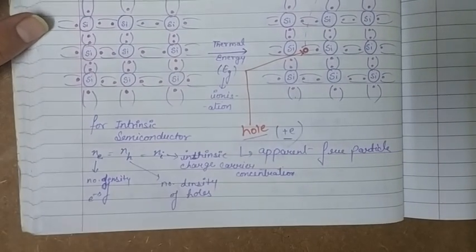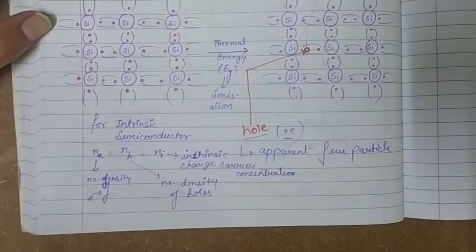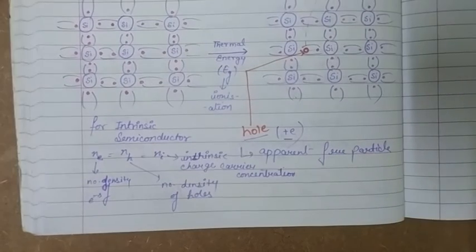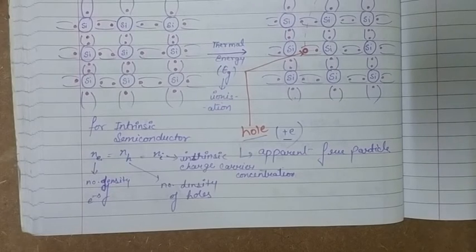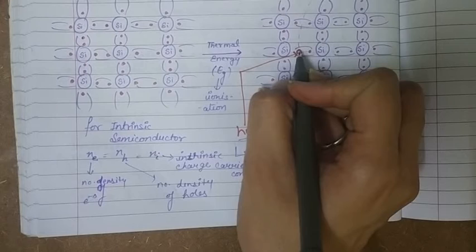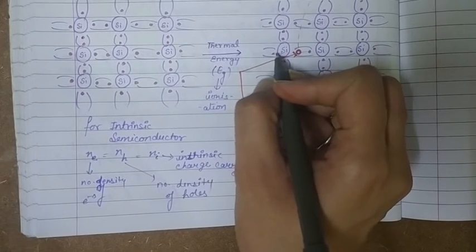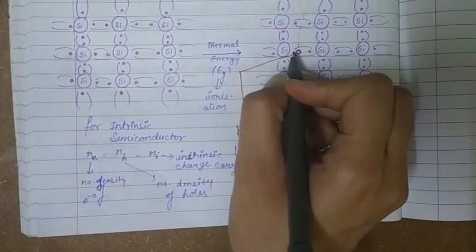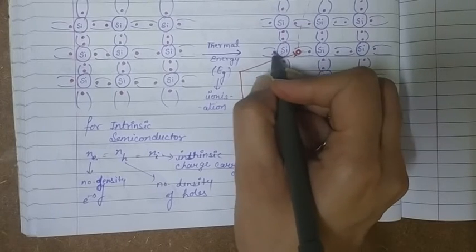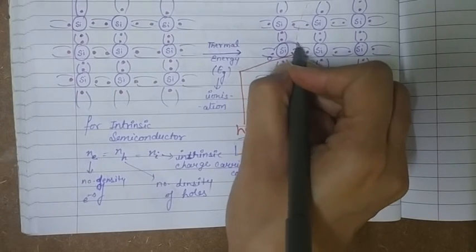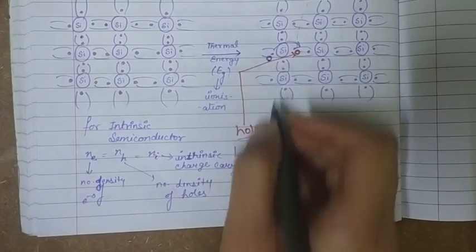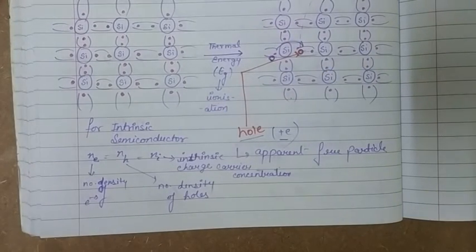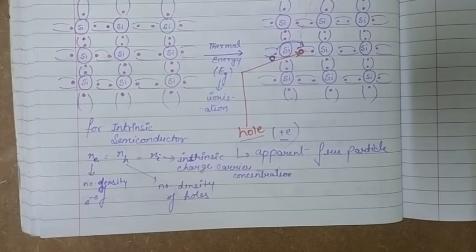Now there is one more point to note. Whenever such a structure is under the action of an applied electric field, then the holes present in the structure move in the direction of the electric field because of the jumping. Means these electrons will jump and change the site. The electron comes here and the vacancy comes here. If this electron moves to this location, then the location of the hole will change to this point. This is site 2, which we get as the new hole location. So because of the application of an electric field, holes can move in the direction of the electric field,